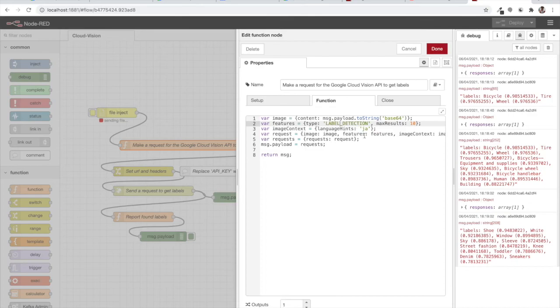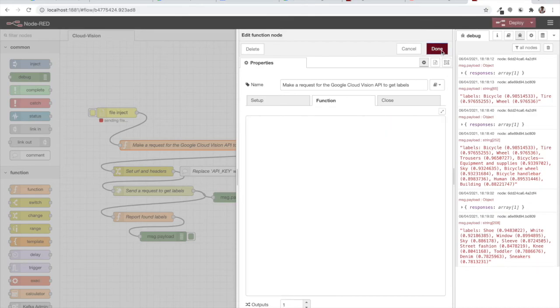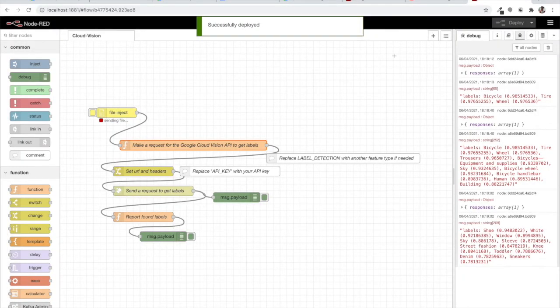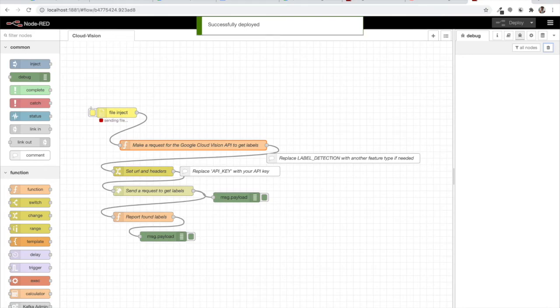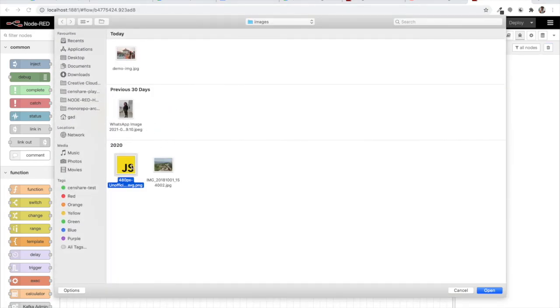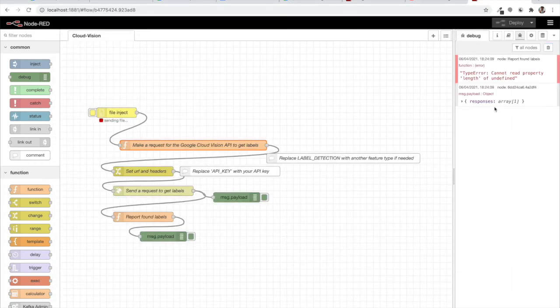So instead of label, we will make it logo here. We will deploy our changes, clean the debug window, and I will pass this logo image. And what is the response? Let's see. It's giving me the description as JStorm, which is not 100% correct, but overall we know what we are getting.